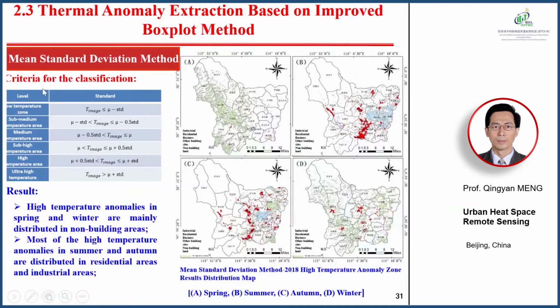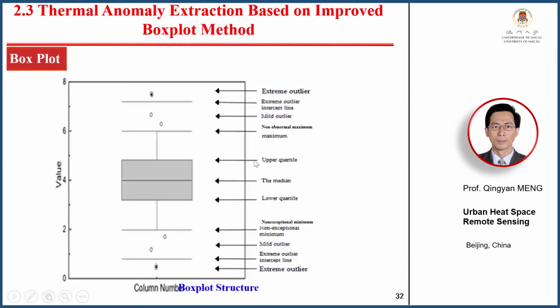And then we have the criteria for the classification. Here we have the low temperature zone, sub, medium, high, and ultra high, and we can study it, and we can see the high temperature anomaly in the spring and the distributed area. We use the